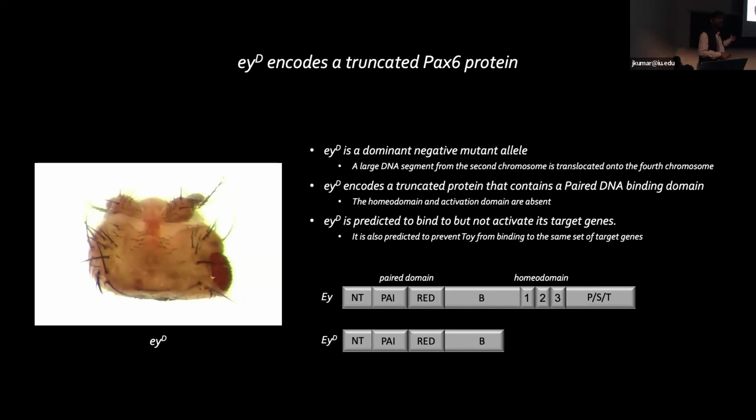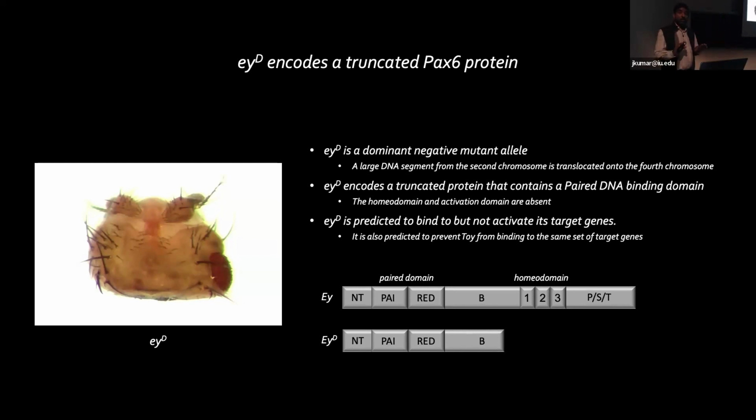And there's lots of transcription factors that, when mutated in this way, behave as dominant negatives. And the idea is that this mutant protein would be binding to its targets through the paired domain and preventing the wild type version of Eyes Sus from actually binding. But I just told you that Eyes Sus doesn't play a role in this at all. And so it suggested that this mutant protein was actually interfering with another transcription factor's binding sites. And the most obvious candidate would have been twin of Eyes Sus.